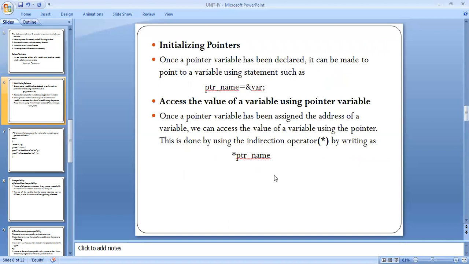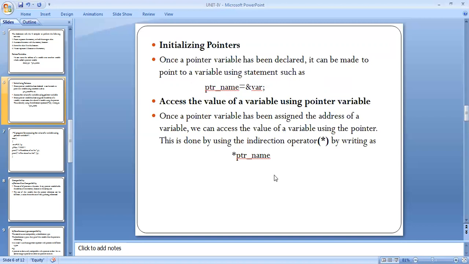Initialization of the pointer. Once a pointer variable has been declared, it can be made to point to a variable using this statement. Here pointer_name is the pointer name. Equal to is the assignment operator.